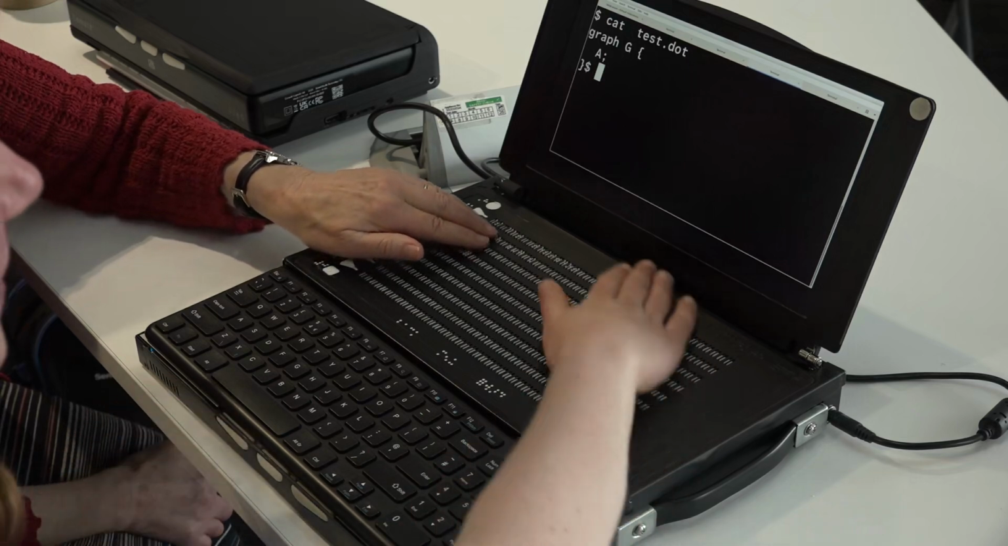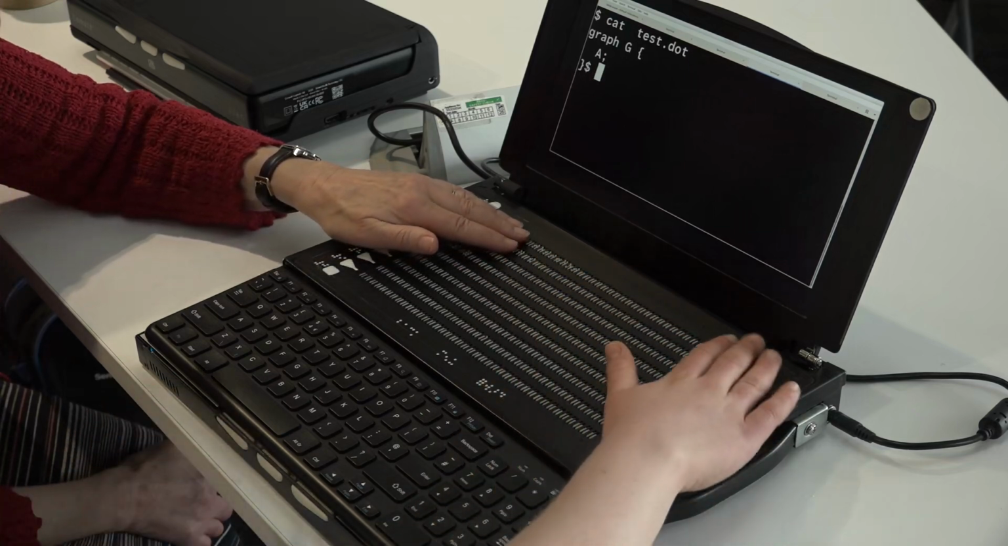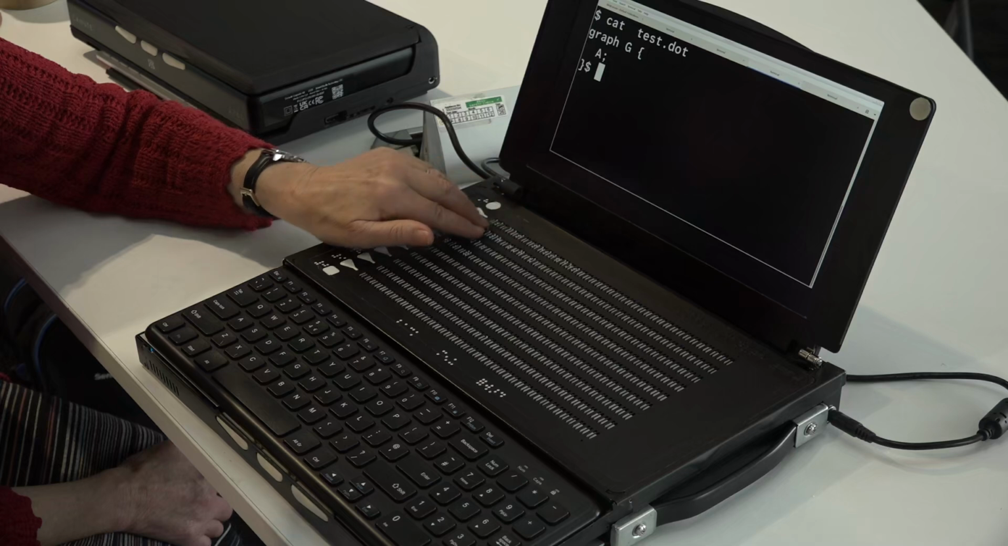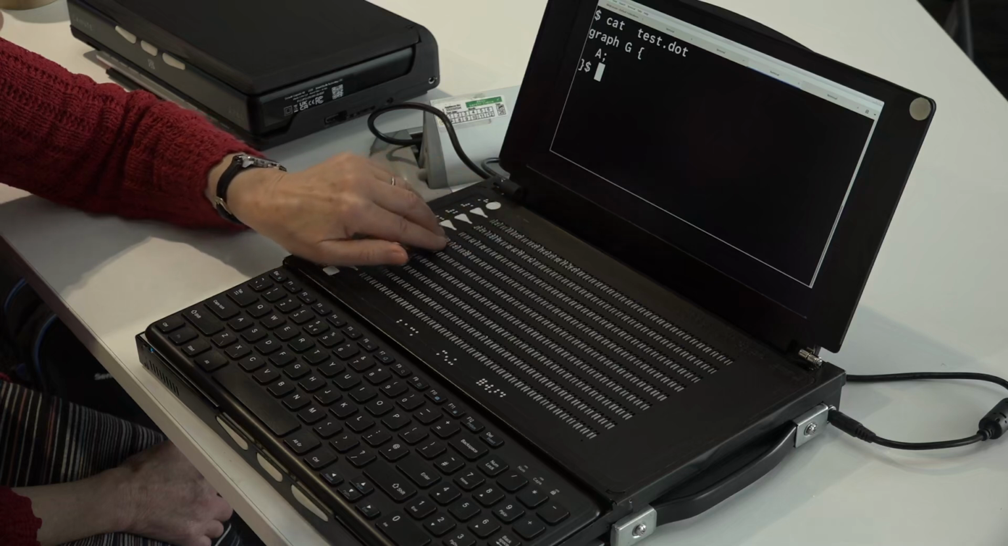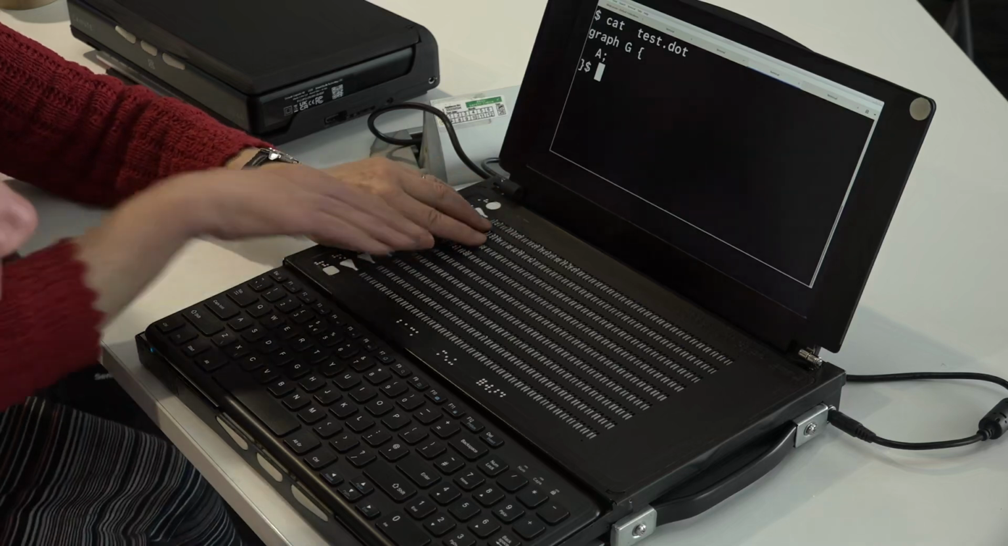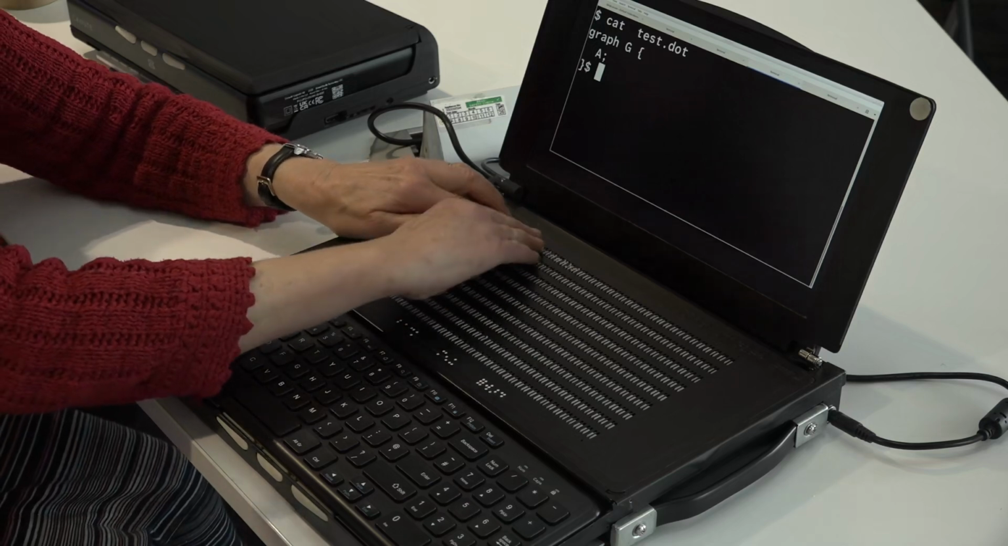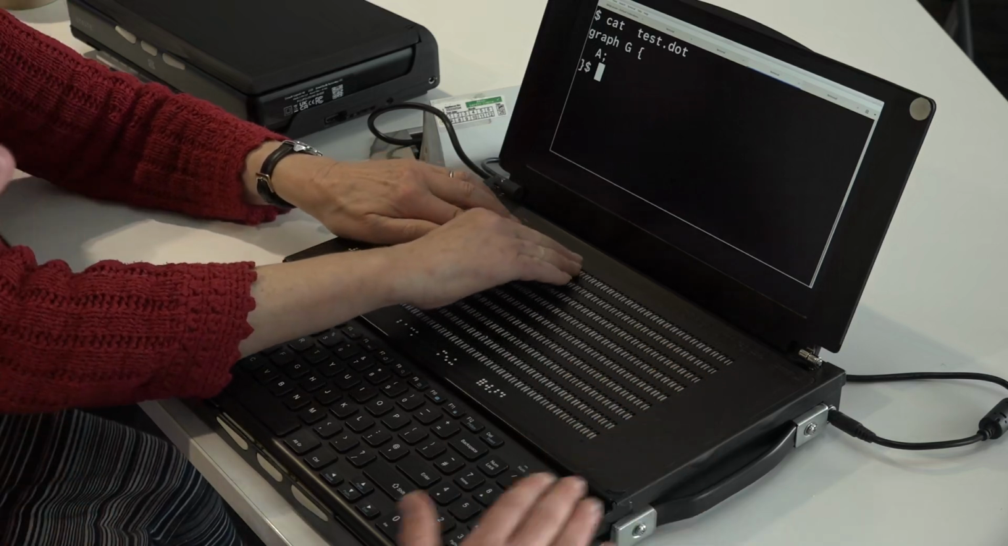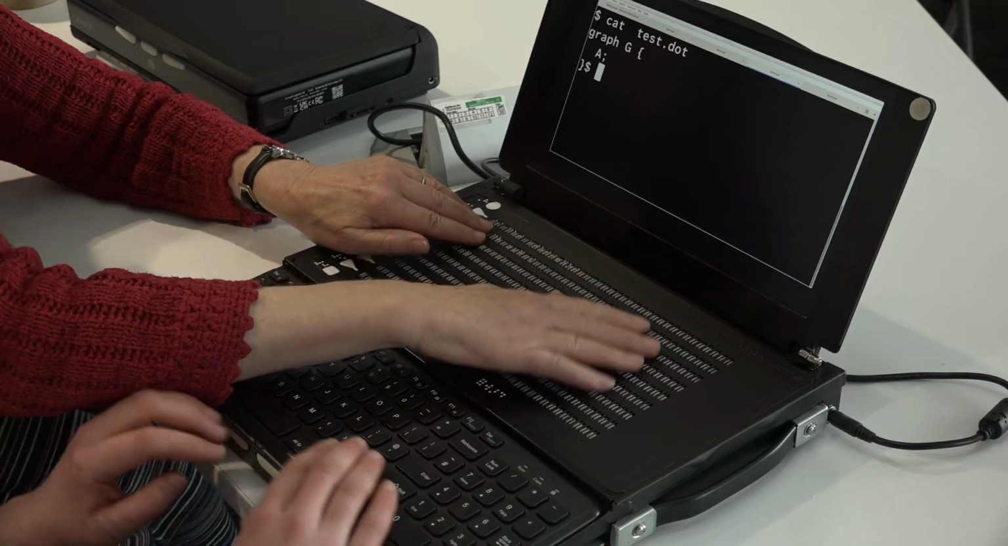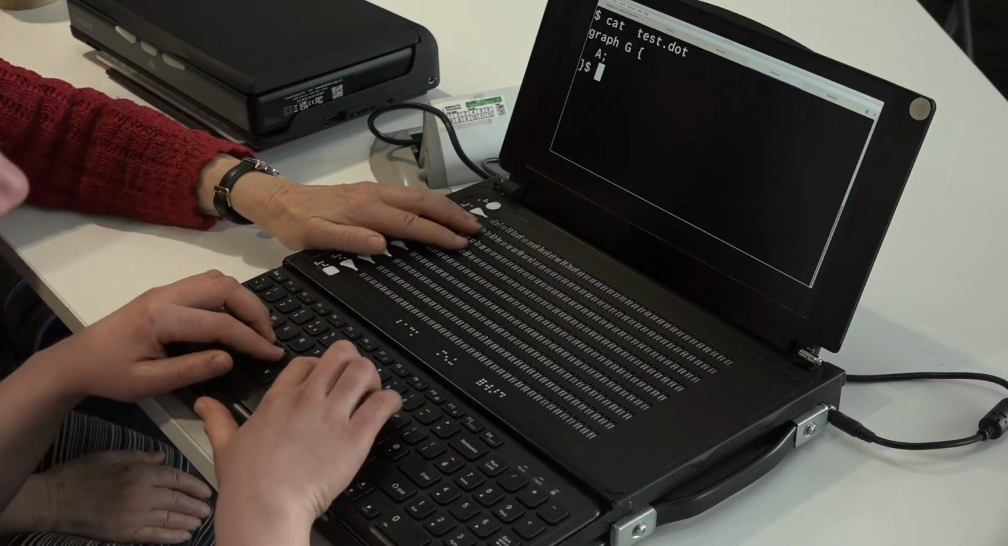So right now I've got something called test.dot, and there is a library called Graphviz which lets you specify in textual format different graph structures. And here I've got a really simple graph. I've called it G, and it's got one node, and the node's called A. If I open that up in the flowchart viewer,